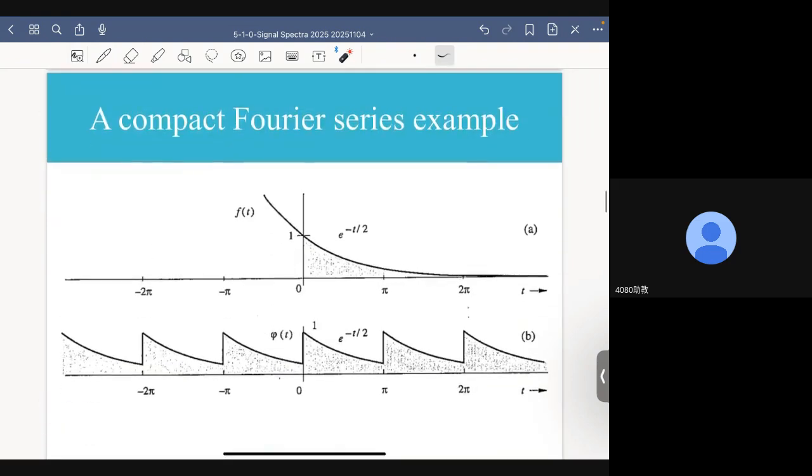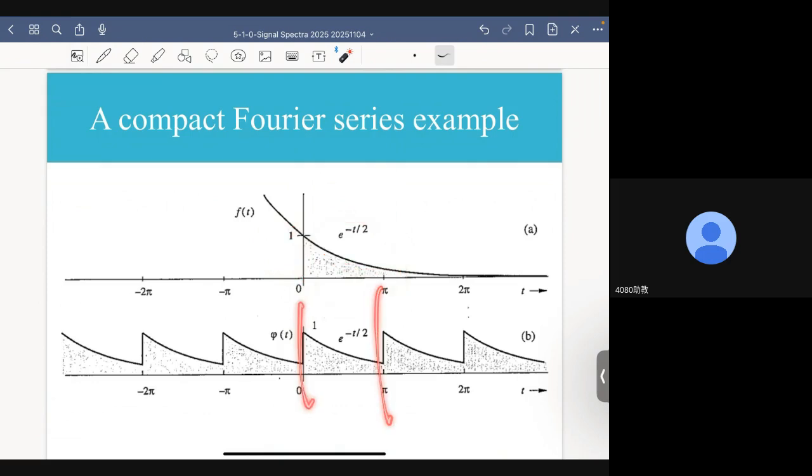Now, let's introduce a compact Fourier series. Let me give you a compact Fourier series example. Actually, I think we talked about this before. This is a non-periodical signal. Let me choose a region of interest in the time domain, which in this particular case is from t equals 0 to pi, all right? So after choosing this period, I segment this portion of the signal,